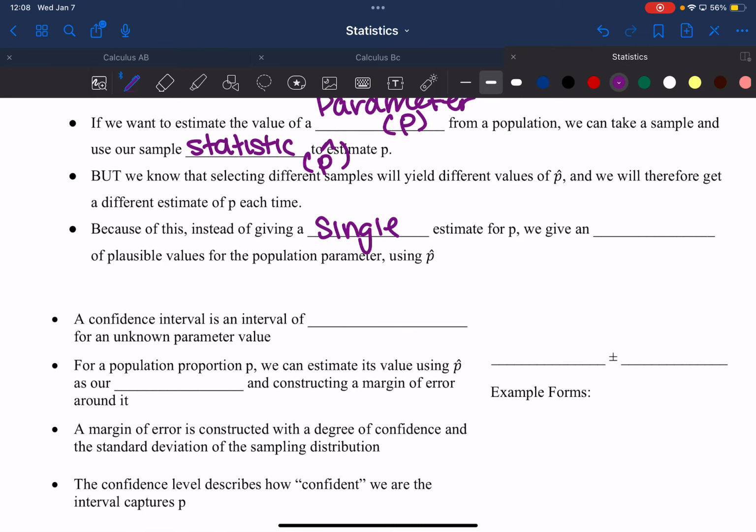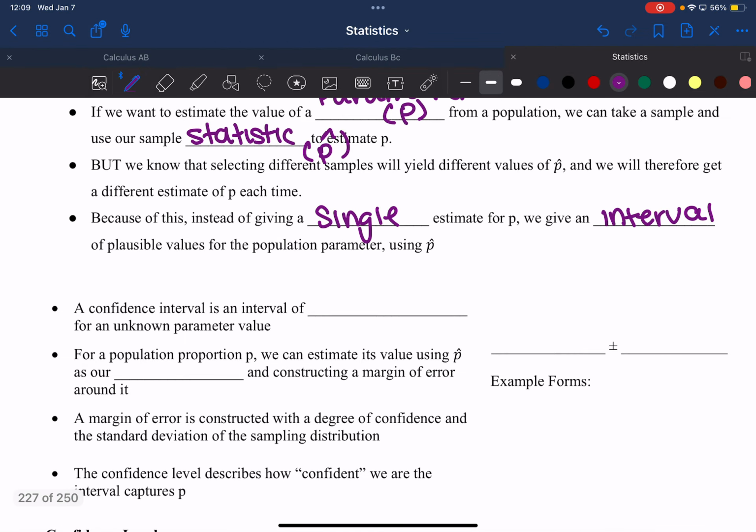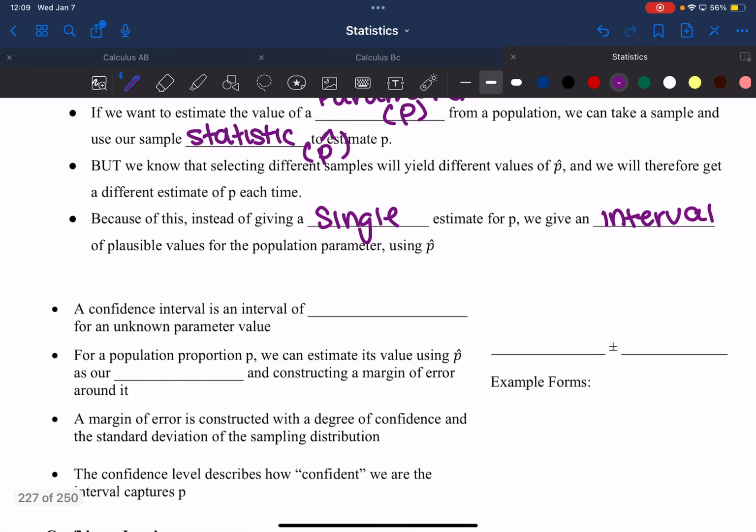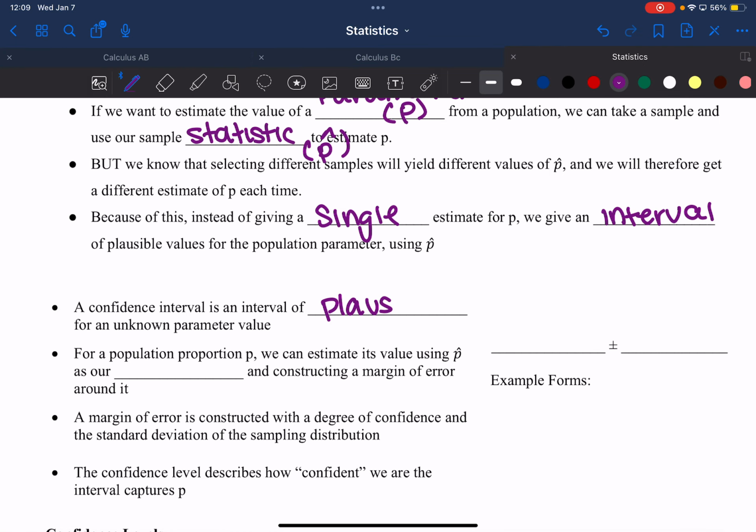Because of this, instead of giving a single estimate for P, we give an interval of plausible values for the population parameter using P hat. So before, when we did our simulation, we said, okay, this was our estimate, that one P hat value. Now when we're doing confidence intervals, we're going to create an interval and say within this interval are all the possible values. A confidence interval is an interval of plausible values,